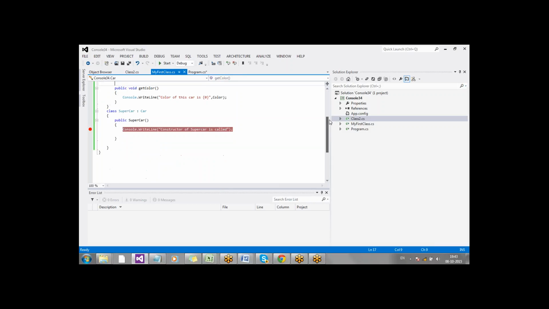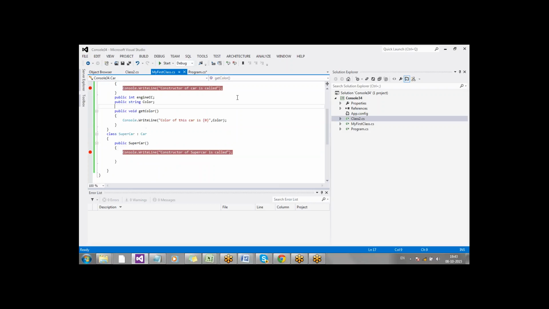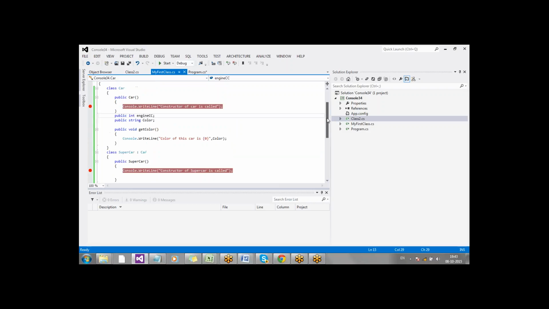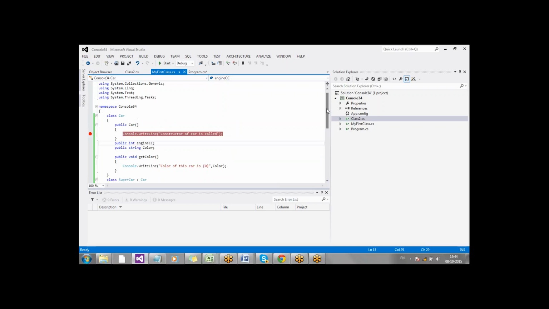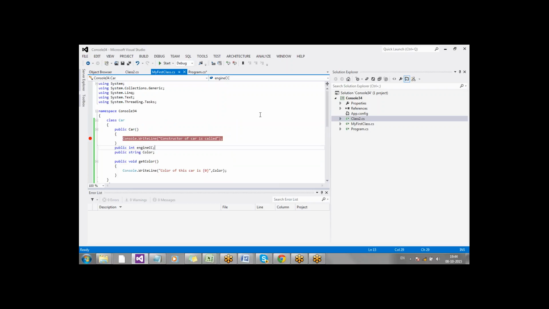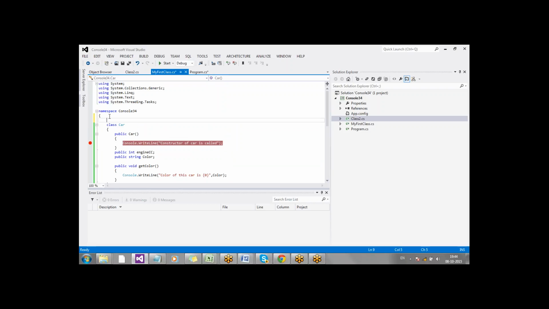So this is about your constructors. Now coming back to your inheritance. Let me create a new class called base class. Okay, public abstract class.